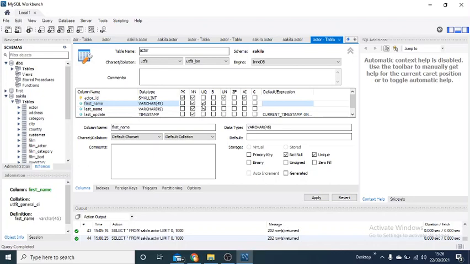So if you make first name unique, then every record will have a unique first name available in it.